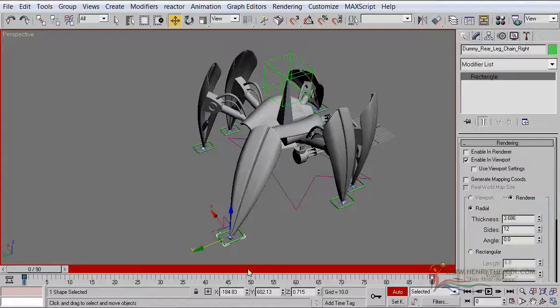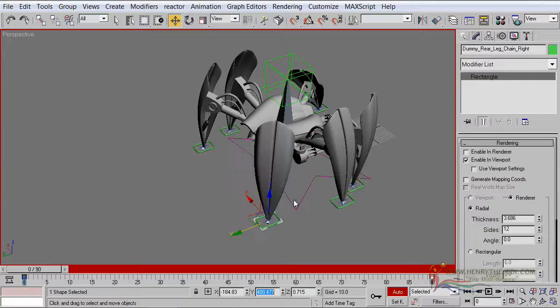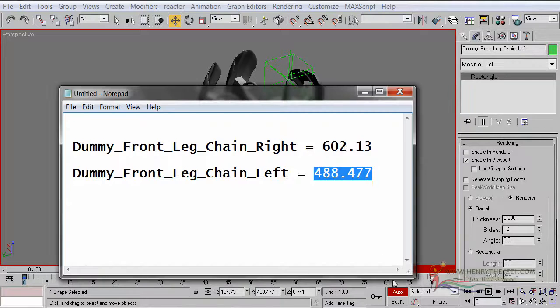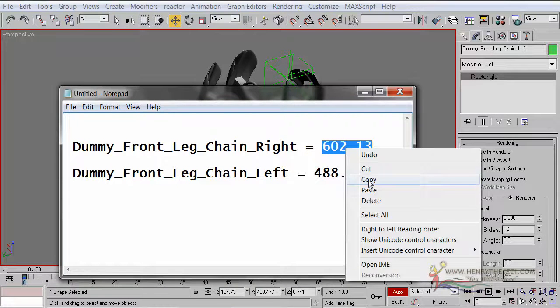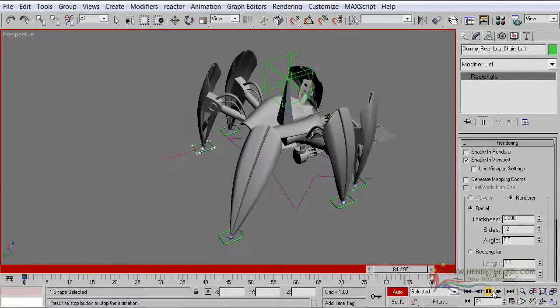We select the right leg and paste the value and press enter. Now of course, as you can see, it takes the same position as that leg over there, and then that means we are going to have to take that leg, copy these coordinates and paste and press enter. Again, if you play this now from the back,